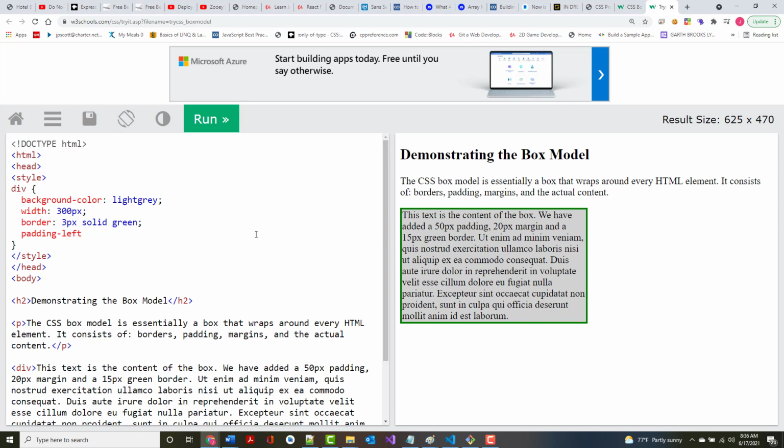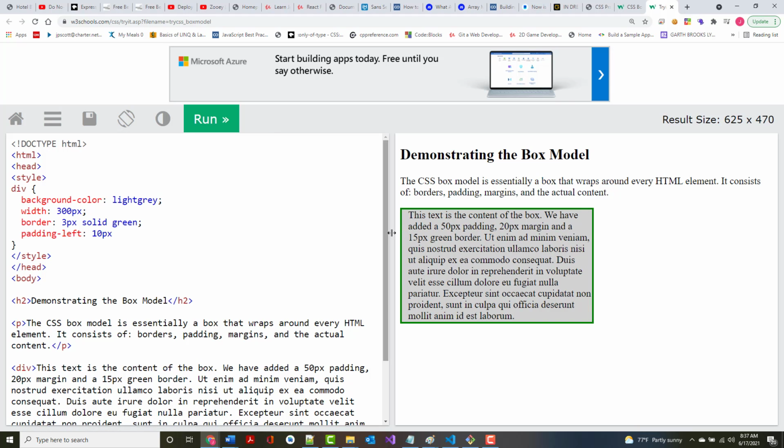All right, now I was showing you margin when I said that, but that's okay. So padding left, and let's say again, 10 pixels. Remember, padding is the area that's right here, all the way around. So again, overkill,